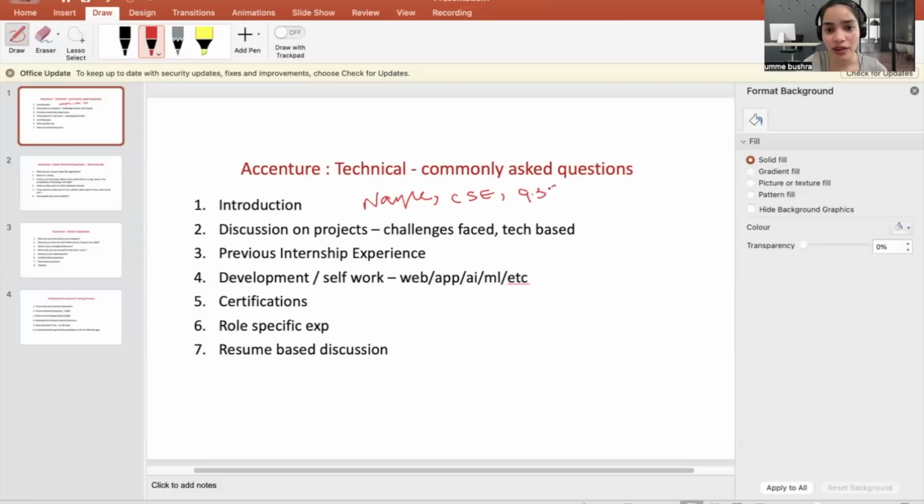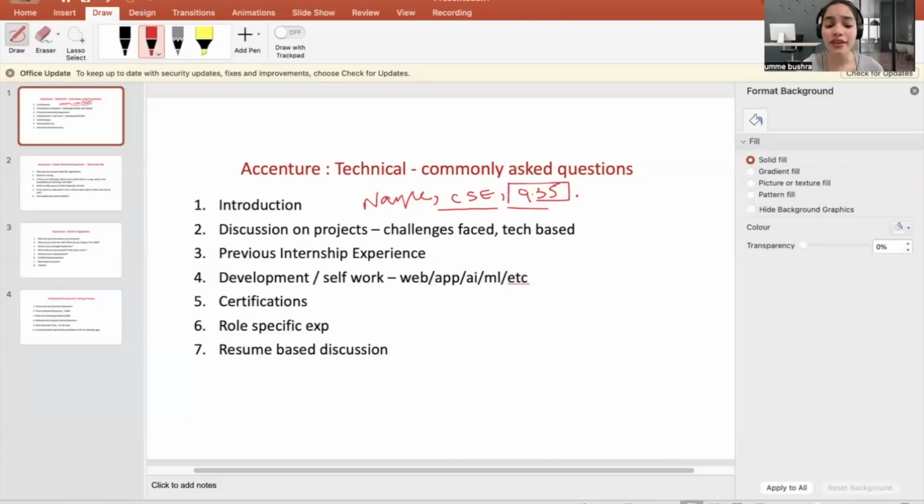I will try to cover my CGPA under my introduction section, because whatever my strong points are, this is where they go. There is this theory which says the first 5 minutes and the last 5 minutes of every session have to be really strong, so you create a good impact, right? Because your introduction is going to be covered in the first 5 minutes, you are going to cover all the strong points that you have. For example, my name is Bushra, and I have done my bachelor's in computer science and engineering from Bangalore Institute of Technology. Once you give your introduction about the education, then you will cover all your strong points. My CGPA in my bachelor's was 9.35.